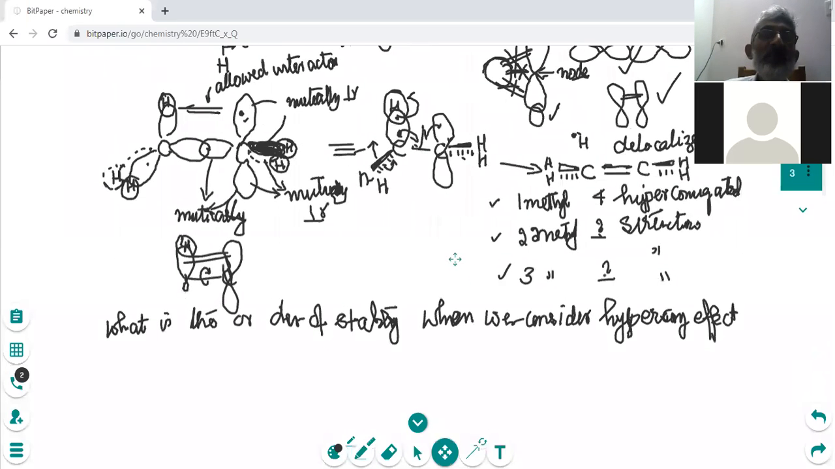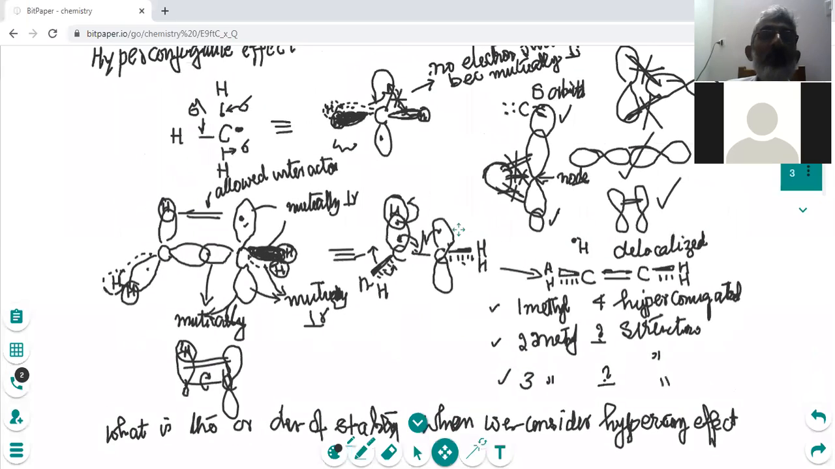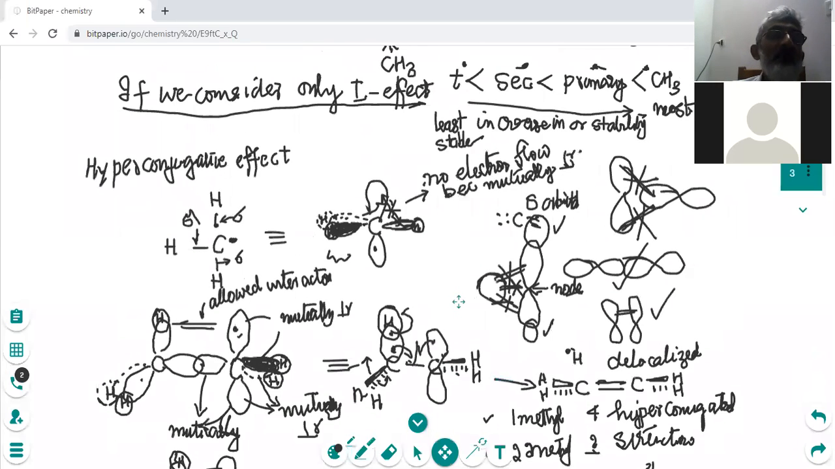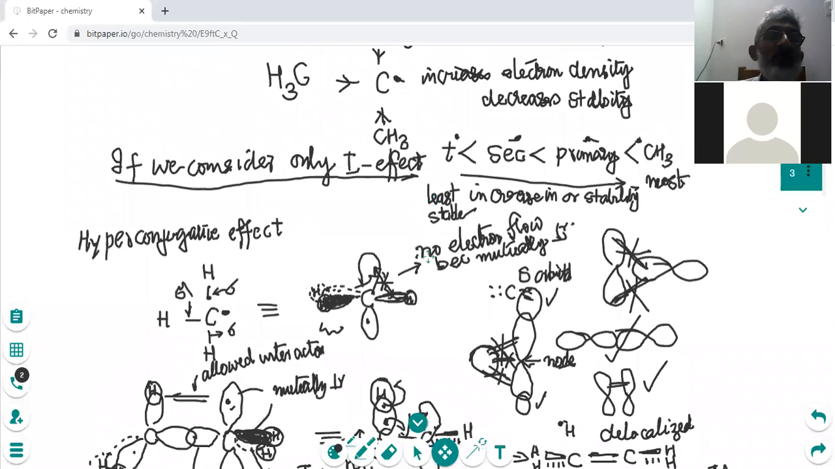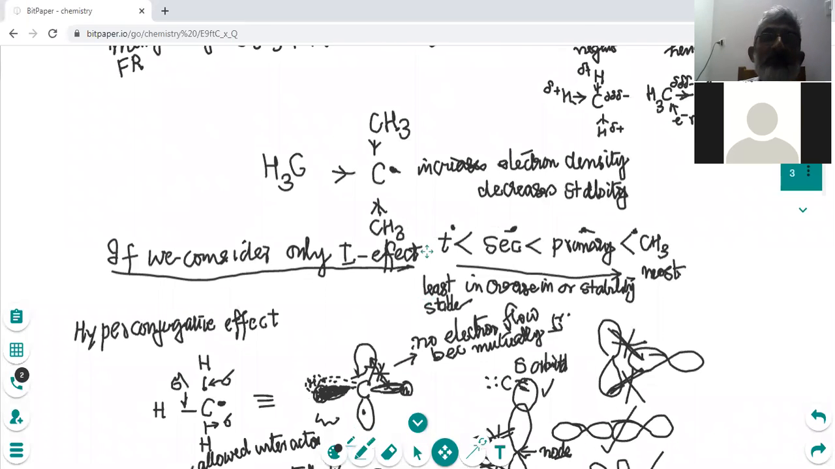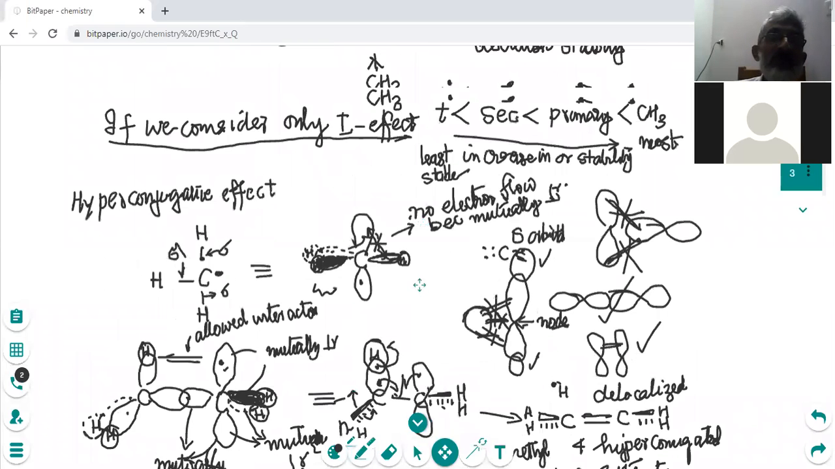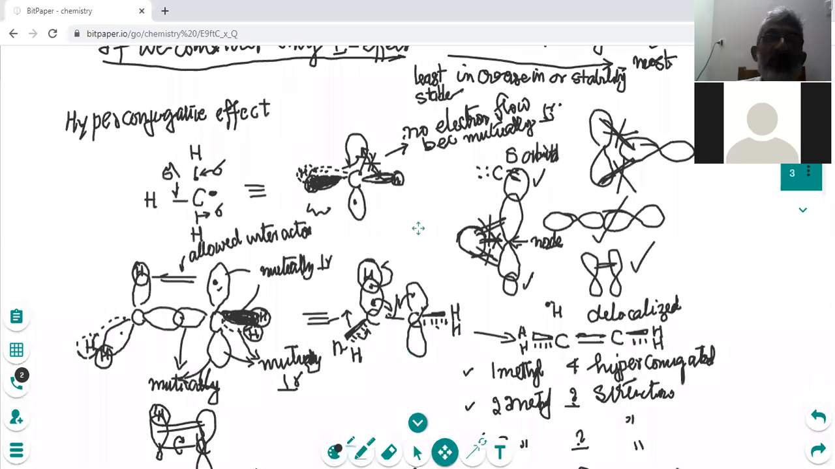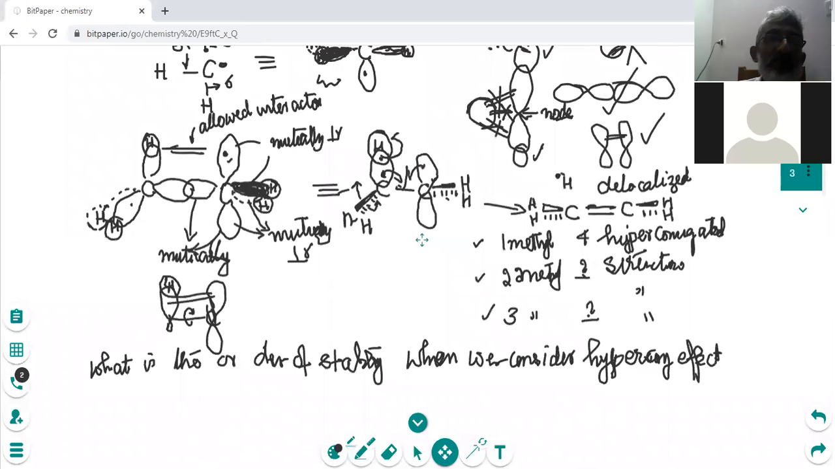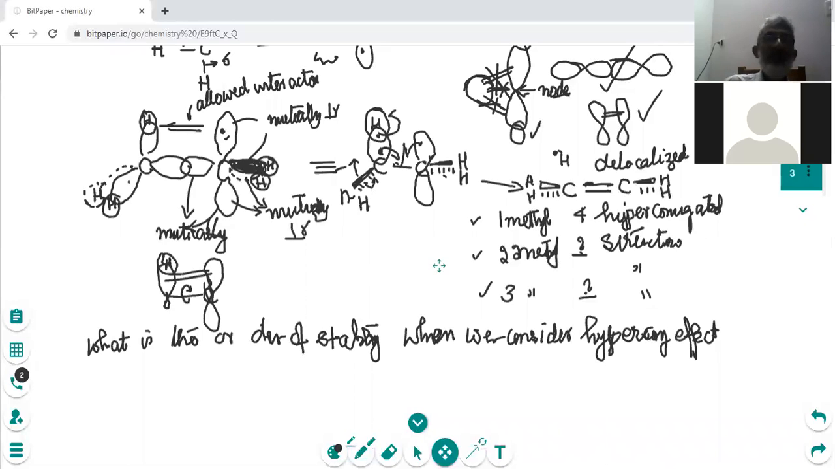That is the stability of the hyperconjugative effect and the stability of your radicals, right? You're talking about the hyperconjugative effect on the stability of the radicals. Now, what is the order of stability when we consider the hyperconjugative effect? Now, inductive, we have considered the stability of